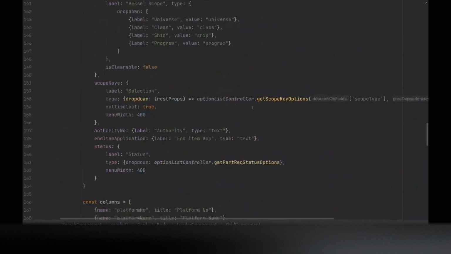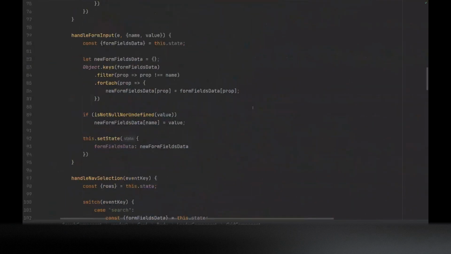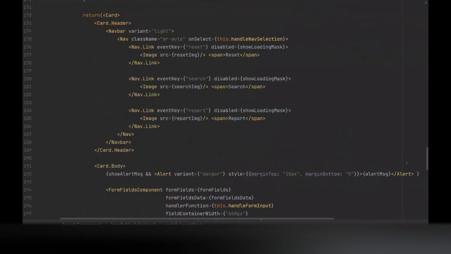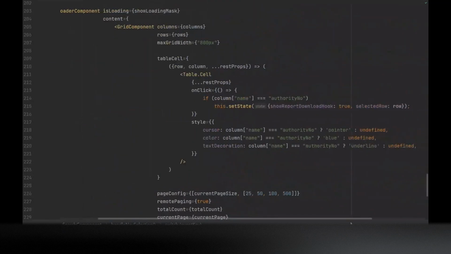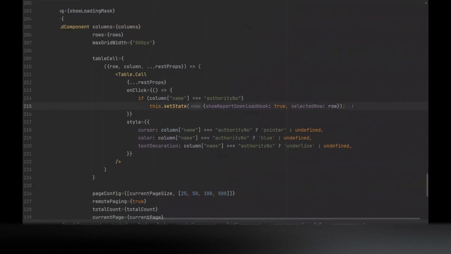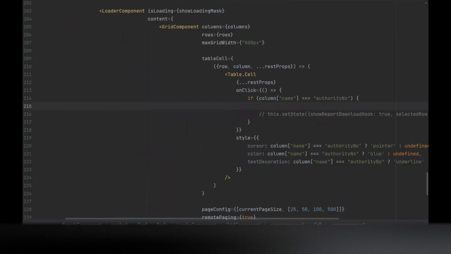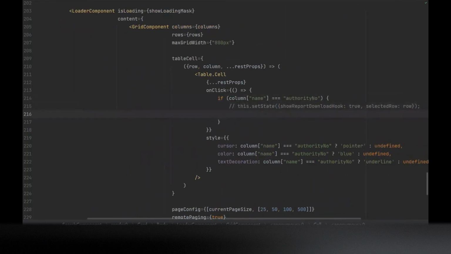The last thing we want to do is show a pop-up. So for showing a pop-up, we can go back to the TableCell, because more than likely I'll show it in both places, in both the TableCell and the nav options. So we'll just comment that out, and we'll just change the behavior. Instead of showing the report download hook, we'll show setState,